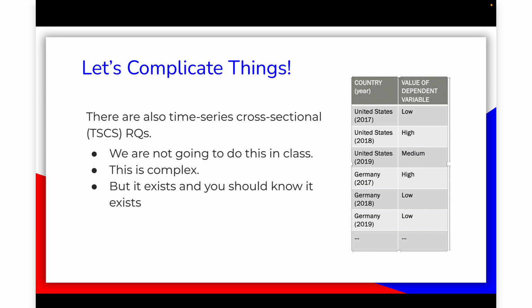Now, I want you to be aware of this, but we're not going to do it in this class. There's also something called a time series cross-sectional research question, okay? We are not doing that in this class, just an FYI, okay? That's because the methods to deal with it are complex, okay? But, and by that I mean in statistical analyses and even in case studies, but particularly statistical analyses, you are always assuming that observations are independent from one another, and a time series cross-sectional design means that units repeat over